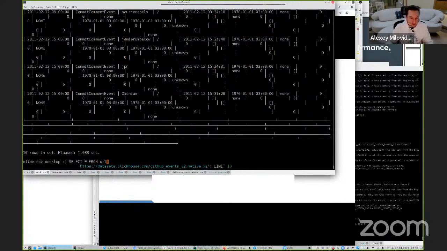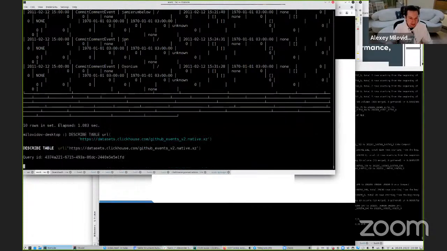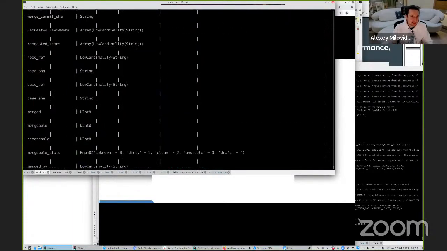And if I want to show what is the structure of this table, I can write just like this: DESC or DESCRIBE TABLE. And here is the structure.